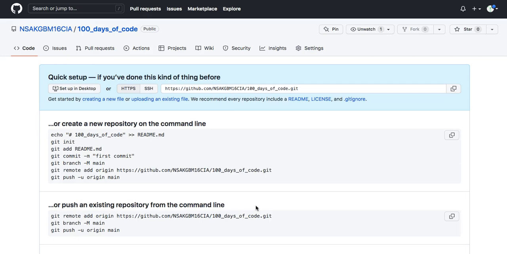Okay, so my name is your God. I'm using NSA KGB MI6CIA as my pseudonym on GitHub for this code, right? But I have your God as my other name, so you can look me up on Twitter or anything. But today, we're going to start walking through this 100 Days of Code. This is the journey that's still happening, and we just thought if we chronicle it all,